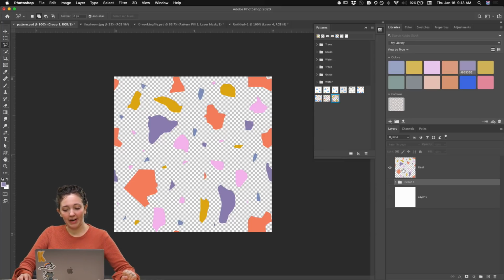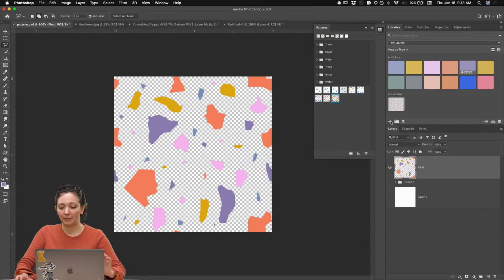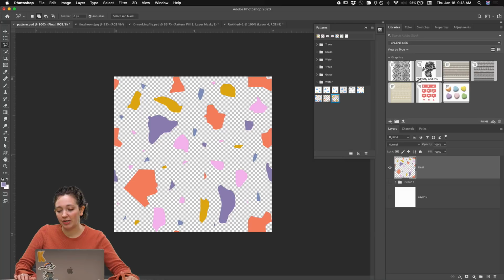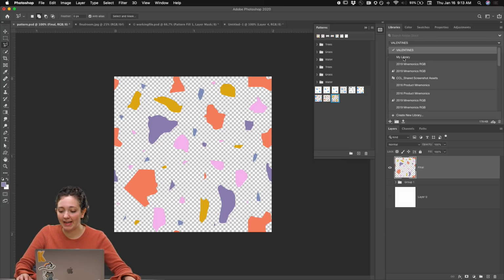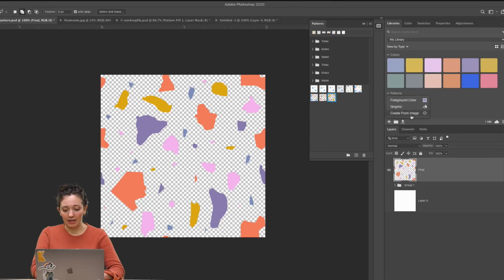So I have this pattern selected, right? I have the layer selected in the Libraries panel, and you can open the Libraries panel by going to Window, choosing Libraries. You'll notice there's this little plus button. And libraries are a great way where you can keep all of your swatches together, your patterns together, your typefaces together. If you're working on one project, you can make a project just for that. So like say last February, we made a library with a bunch of textures in it for making Valentines, that kind of thing. So in this plus button and with this layer selected, I'm gonna say create from image,